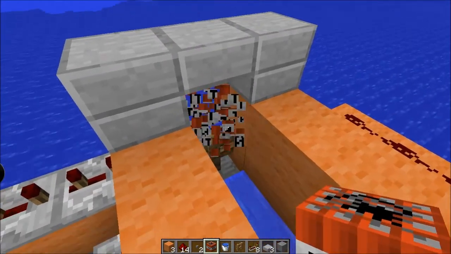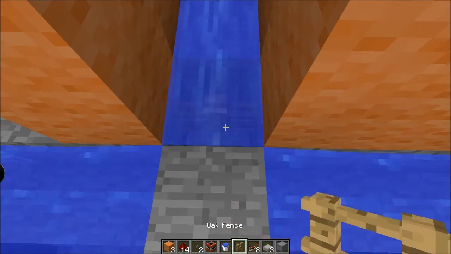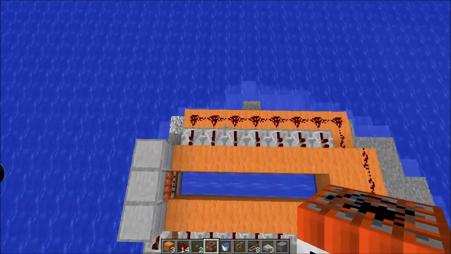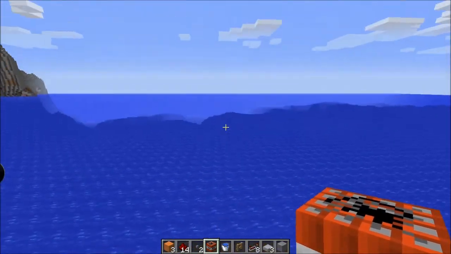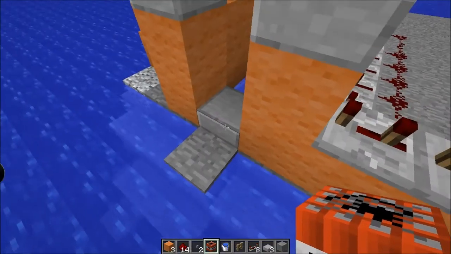If you check how it would normally shoot, we wouldn't even have this here. We would put this here, have this here, and we'd shoot TNT just like this. And then we'd load this thing up, power it up, and it would blow some stuff up. Now in this case it would just blow up water, so nothing would happen. But